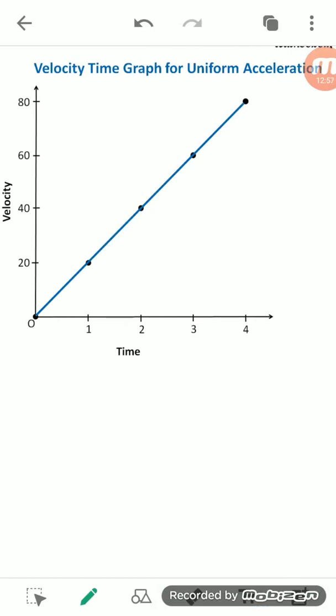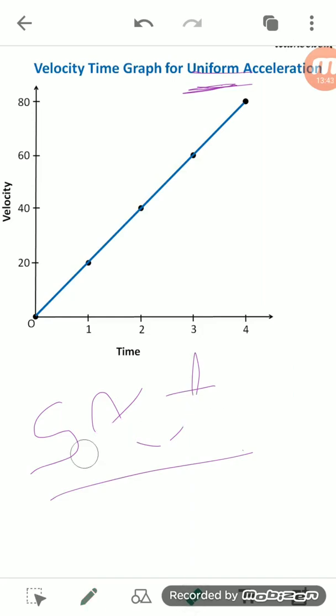See here, when a body moves with uniform acceleration, we always say that its speed changes, because the velocity should change to give a value of the acceleration. So the rate of change of velocity decides the acceleration. If speed changes by an equal amount in an equal interval of time, we call that kind of acceleration a uniform acceleration. So again, like distance, this speed becomes directly proportional to the time.